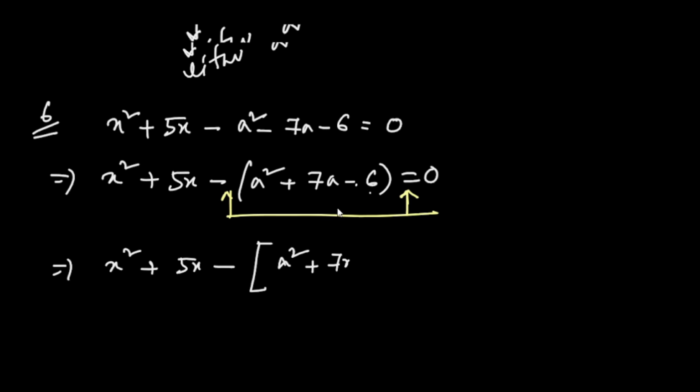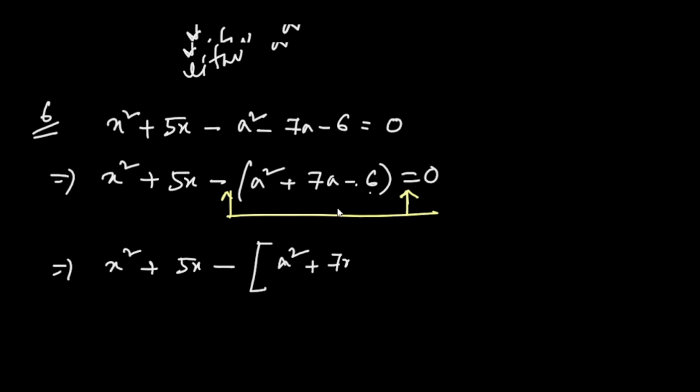If I take minus 1, it will be plus. So x square plus 6a plus a plus 6 equals 0. So that means x square plus 5x minus, from the first two terms I will take a common, so it will become a plus 6. Next two terms, 1 common, it will become a plus 6. So we are getting x square plus 5x minus (a plus 1) into (a plus 6).